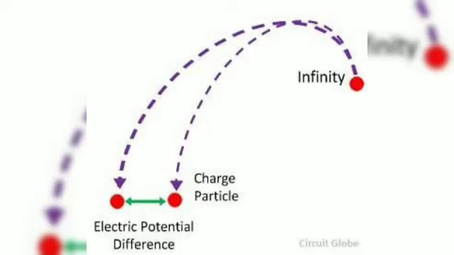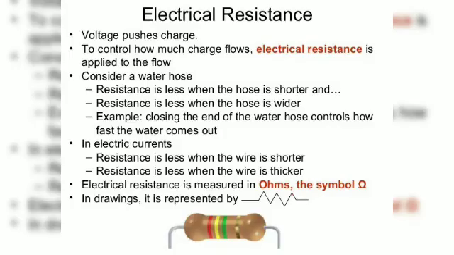The SI unit is same, volt or joule per coulomb. So there should be no difference in this unit. SI unit is same. Only the little difference is there. Electric potential difference we can measure, but electric potential is very difficult to measure. Now let us see the next one.